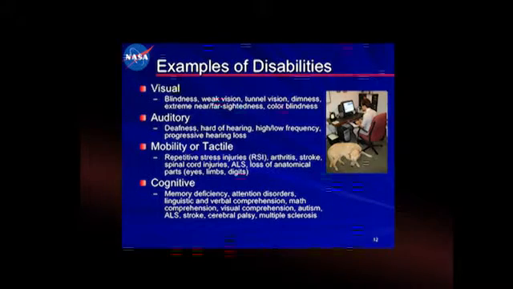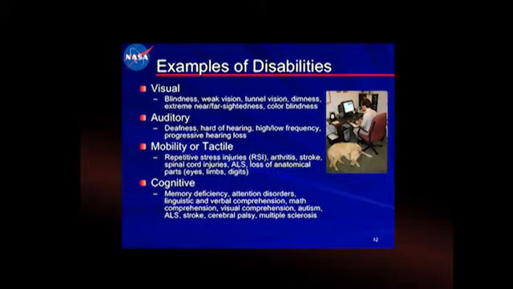So let me give you examples of some disabilities. We have visual disabilities like blindness, weak vision, tunnel vision, dimness, extreme nearsightedness or farsightedness, and color blindness. We have auditory disabilities like deafness, hard of hearing, high-low frequency, progressive hearing loss. Mobility and tactile disabilities like repetitive stress injuries, arthritis, stroke, spinal cord injuries, ALS, loss of anatomical parts such as eyes, limbs, or digits, and then